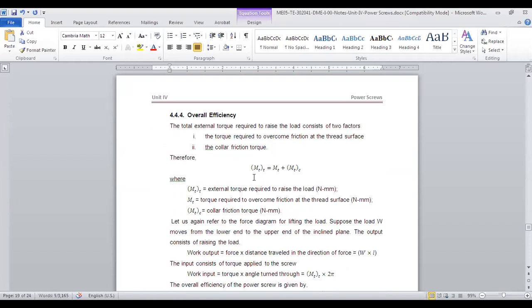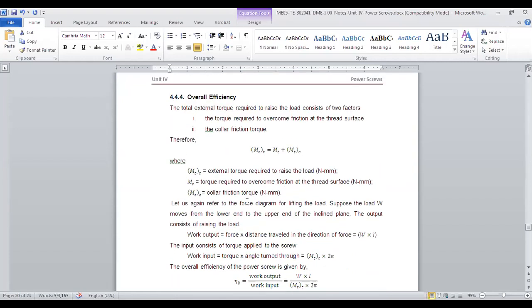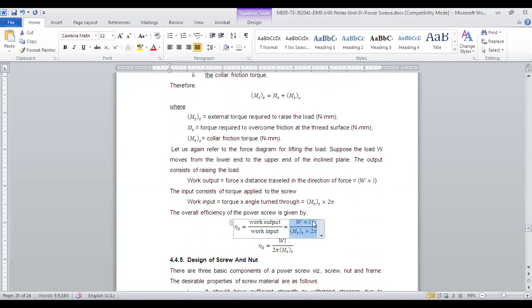Now we'll see what is overall efficiency. Overall efficiency means total output upon total input. What is input? Load into distance. Your load is whatever load you are trying to raise or whatever force you are applying for clamping in a C clamp, or the weight of the vehicle in case of a screw jack. So this load is the load you are trying to raise or load you are trying to apply. Okay. So output is load into distance moved. So see, either we can find out the output for the whole complete cycle of the screw, or we can do it for one cycle, one and the same thing, right?